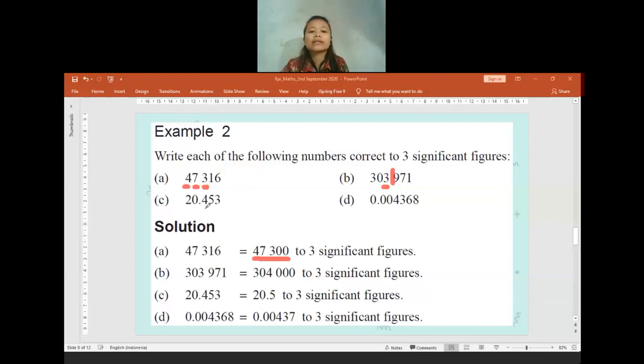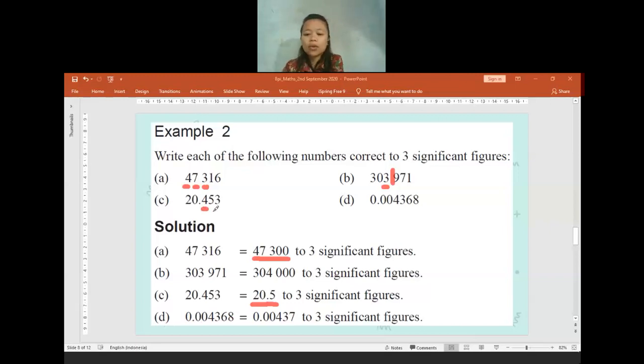For question C, we have to round off to 3 significant figures. So we need to find the third significant digit, which is the number 4. This is 1 decimal place, so it is the same as rounding off to the nearest 1 decimal place. Next to 4 is 5. Whenever the number next to the chosen digit is 5 or bigger, the chosen digit has to be increased by 1. 4 increased by 1 will be 5. That's why the answer will be 20.5. Do not write the extra 0, because at the 4 it is the same as 1 decimal place. That's why the answer has to be in 1 decimal place.